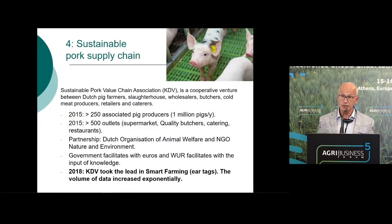This is another one. This is a bigger one, but it also started with one pig farmer 20 years ago, and now they have a sustainable pork supply chain with 250 associated pig producers. So 250 farmers cooperated together with wholesalers, retail organizations, and also a slaughterhouse. Now they produce and sell 1 million pigs per year. That's a big company, because a pig is around 200 euros, so that's 200 million euros. And if you have a scale like that, you can also